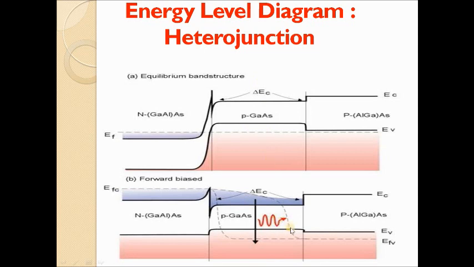When the forward bias voltage is increased, more light photons are emitted and hence the light intensity is more. These light photons trigger a chain of stimulated recombinations resulting in the release of a large number of photons which are in phase with each other. These photons moving at the plane of the junction travel back and forth by reflection between the two sides and grow in strength. A coherent beam of laser having wavelength nearly 8000 angstrom emerges out from the junction region in the case of heterojunction laser.